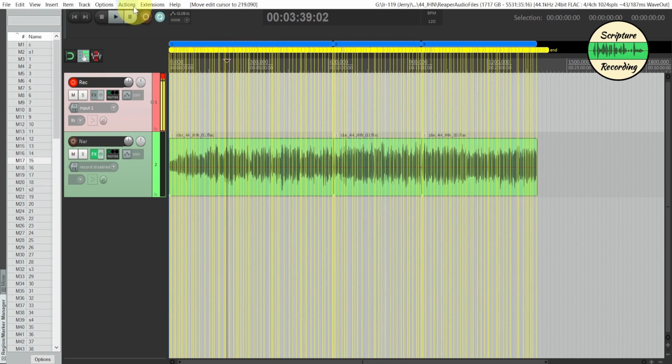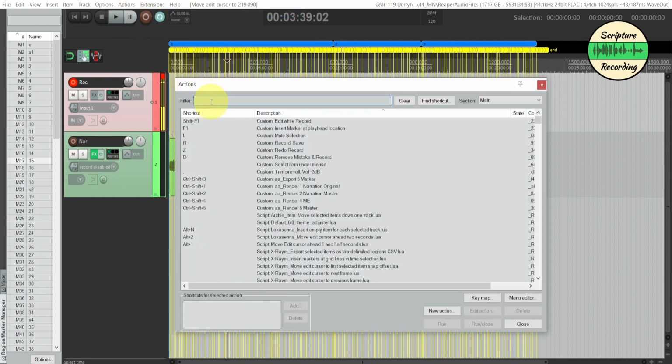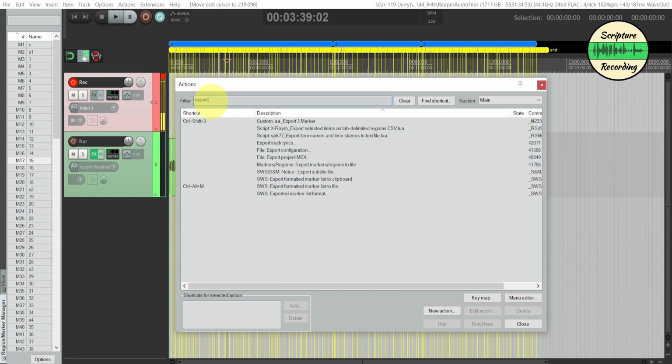So now when you want to export it, you go to Action, and you can make a shortcut key for it, but you say Export Marker. Okay, here it is right here. The SWS Export Formatted Marker List to File, and I'll have that in the description below. You double click on it,